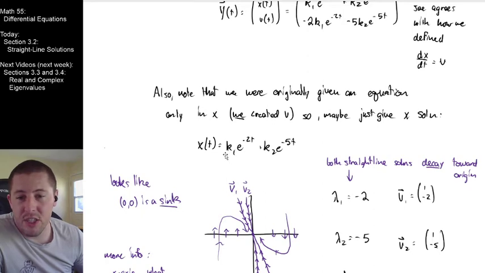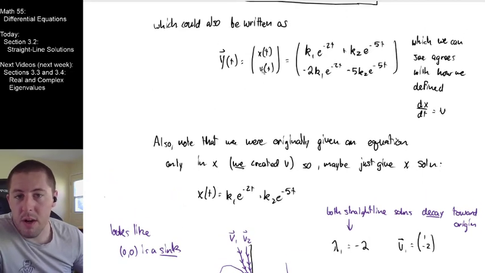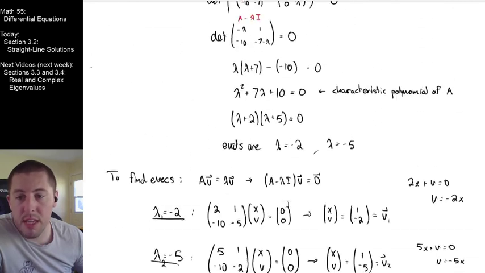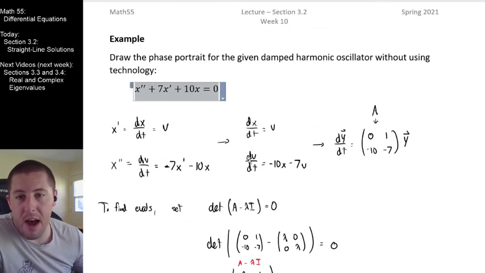So I would like to suggest to you, you could have come up with this general solution in your head. And further, if you wanted to know the system solution, we know that all we're doing is defining our new variable v as just the derivative of the variable x. So I want to suggest to you that I truly think that literally right now, if I were to give